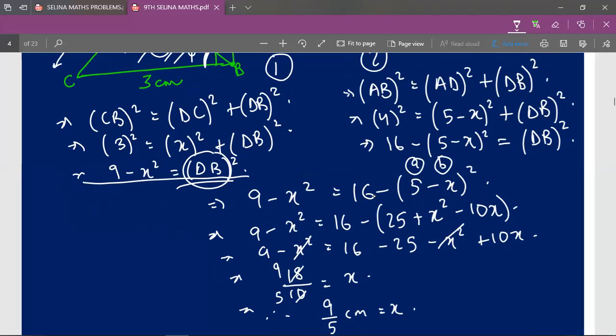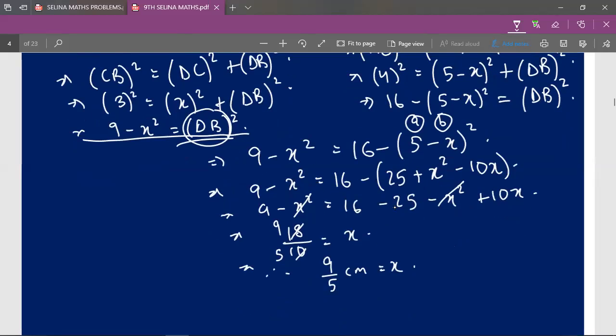So 9 minus x square we leave as it is, equal to 16 minus 25. Why? Because a square plus b square, that is 5 whole square plus x whole square, and we have further simplified it to 25 because 5 into 5 is 25. So 25 plus b whole square, that is x square, minus 2ab. So 2 into 5 into x, that is 10x, will be our 2ab. So once we have done this,